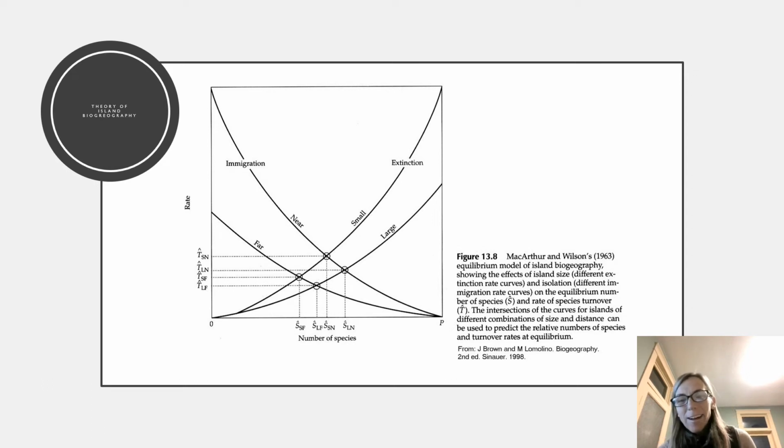And Wilson actually went on to work experimentally with a grad student, a guy named Daniel Simberloff, to demonstrate this theory in the Florida Keys. He worked with small mangrove islands that they fumigated, and then showed that these relationships between immigration and establishment on the island and their distance from source areas held true.